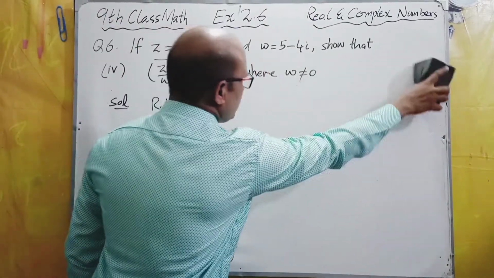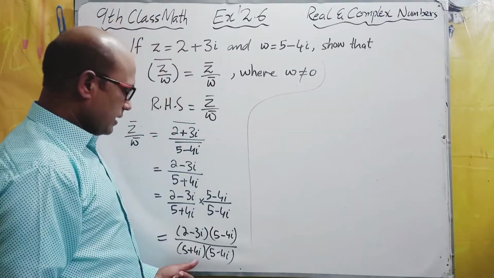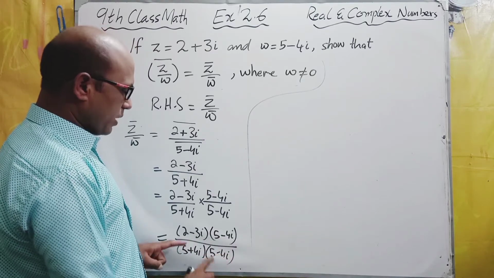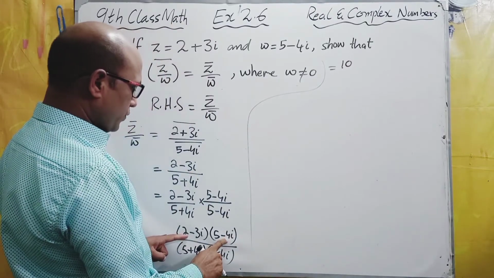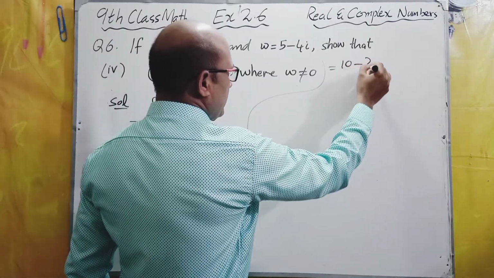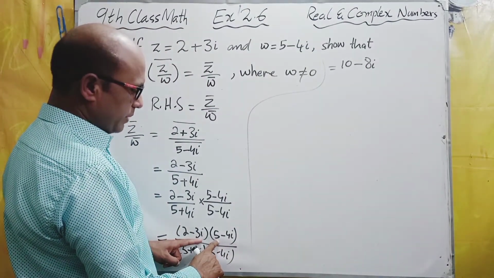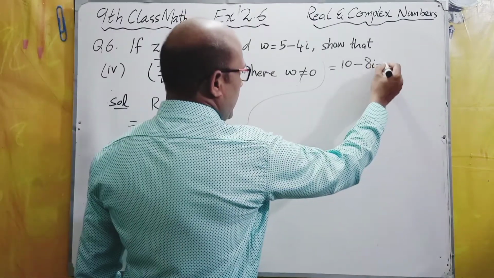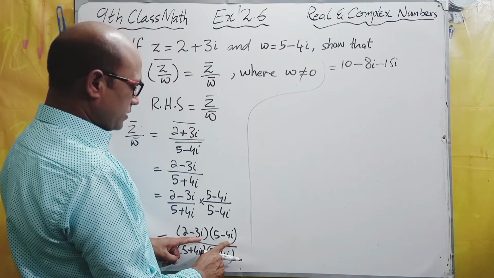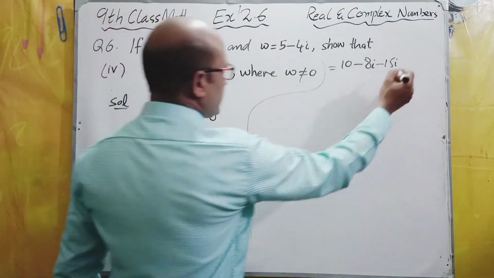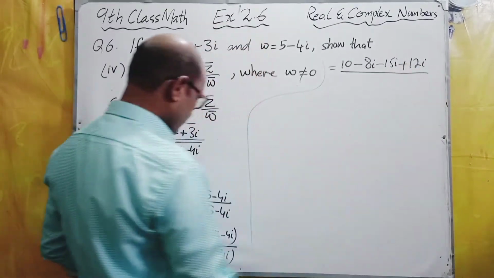So students, let's see what we'll do next. Now multiplying the numerators: 2 5s are 10. 2 4s are minus 8 iota. 3 iota multiplied by 5 will get minus 15 iota, and by multiplying these two we get 3 4s are, minus minus is plus sign, 12 iota square, over